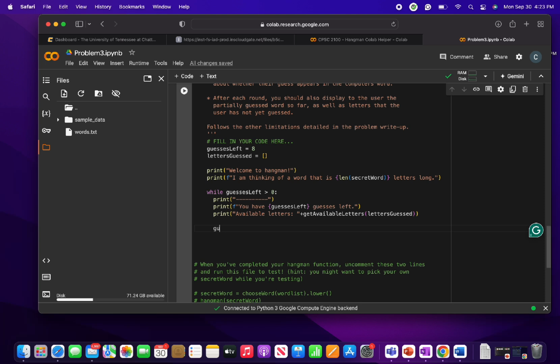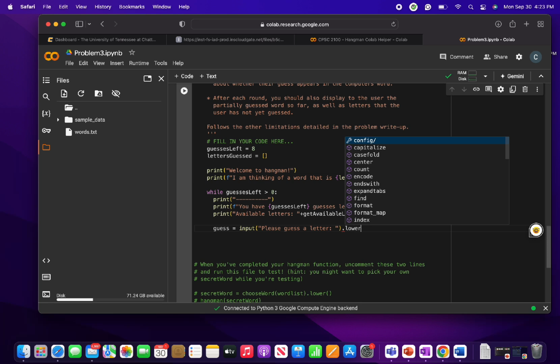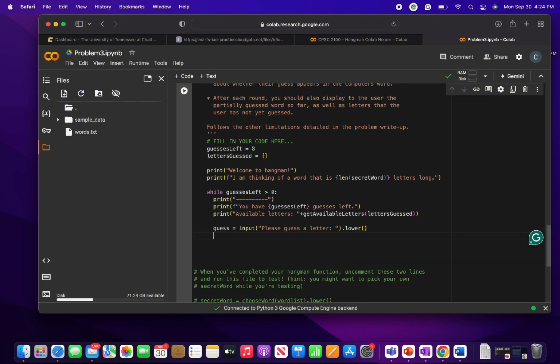And then I create an input here for the variable guess. So basically, whatever you type in is stored as your guess, and it says please guess a letter, and whatever you type in will be used for the following if statement, and it goes if guess in letters guessed. So basically, if it's already been guessed, it prints out you've already guessed that letter, and then it reinitializes everything. At the end, I do plus guessed word, and then secret word, letters guessed, and then else if guess in secret word